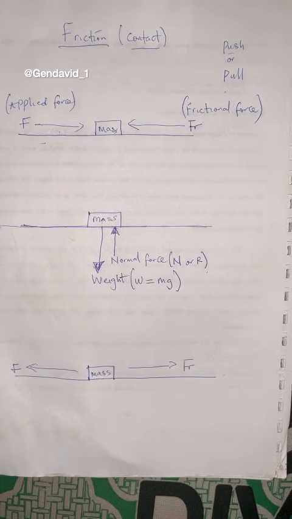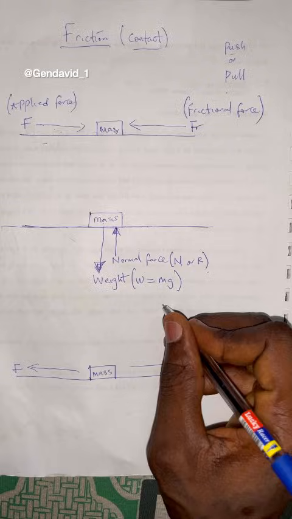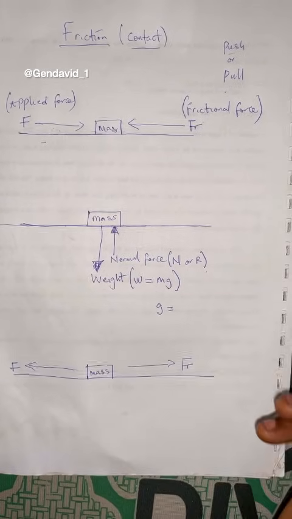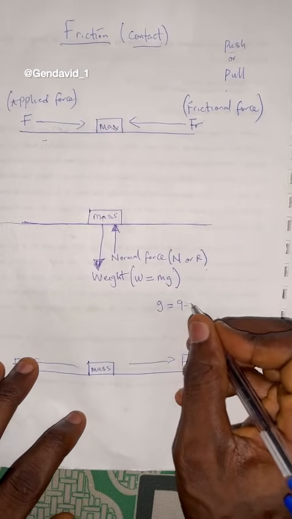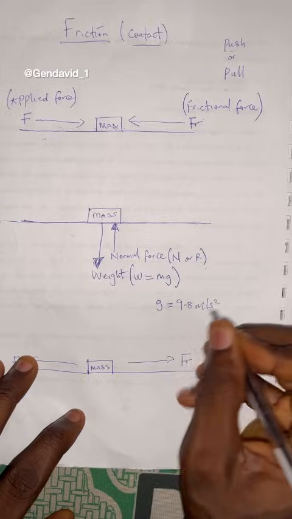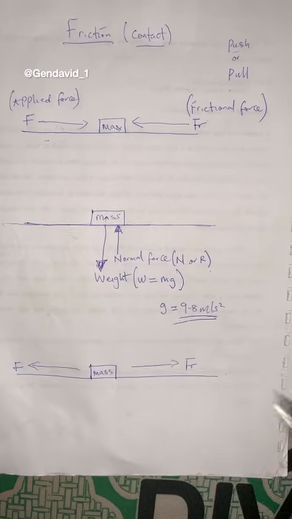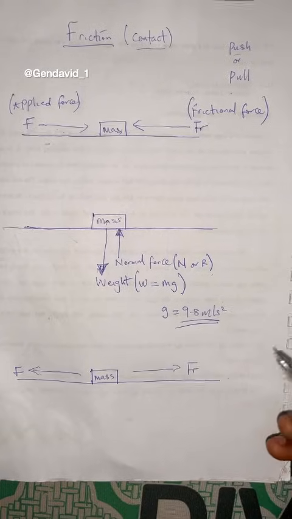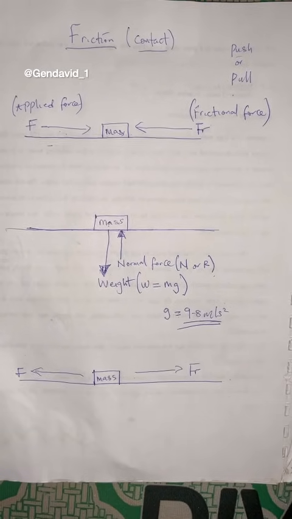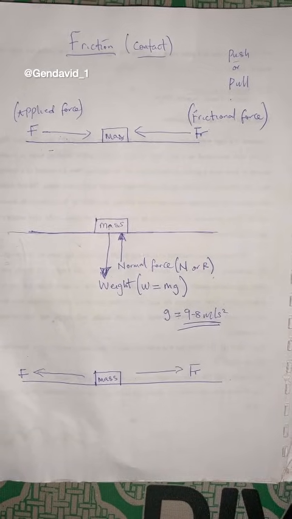That's why they call it mg. And you should know that this g, which is acceleration due to gravity, is always 9.8 meters per second squared. It has a constant value. So let us proceed. Now, before we go to the steps,